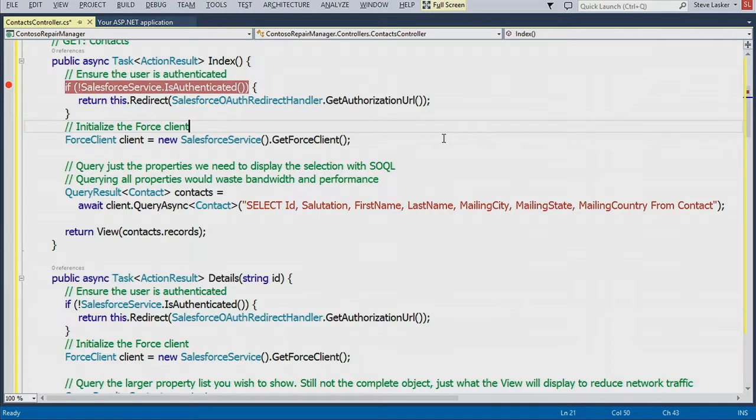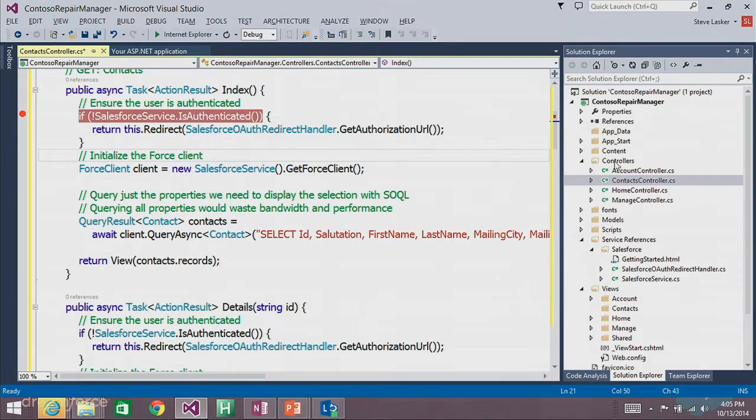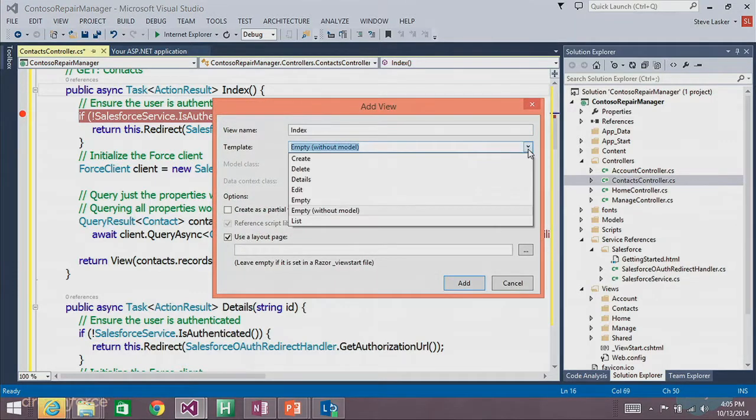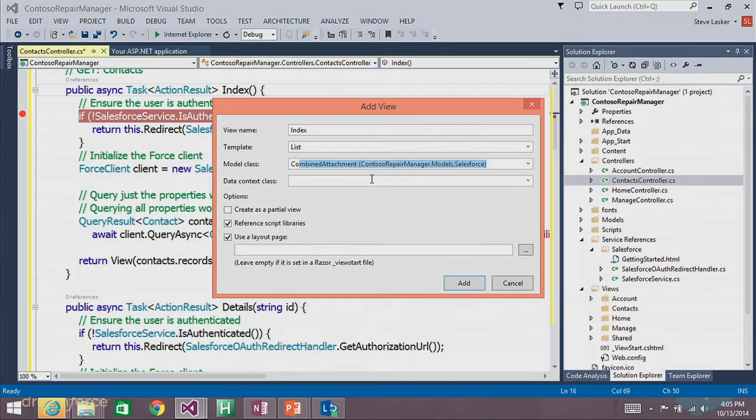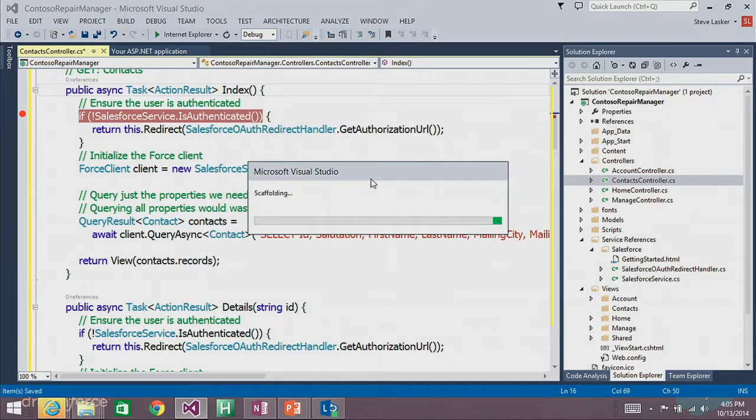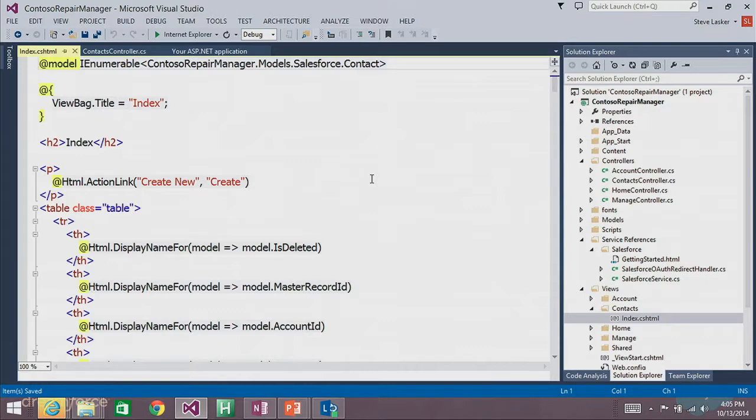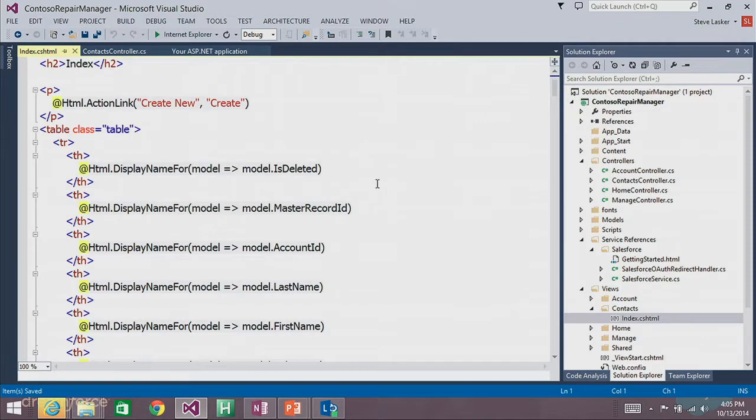So I've got my controller, but I need to be able to see something. I want to do something more than just show the code and show the data in the debugger. So we'll come over here, and I'm going to say add a view, which is part of the MVC templates. And it picks up the name of the index method. I can choose list as one of the templates. I'm going to choose the contact class because that's what I want. And as a result, the MVC scaffolding will take a look at that model and give me a heading of